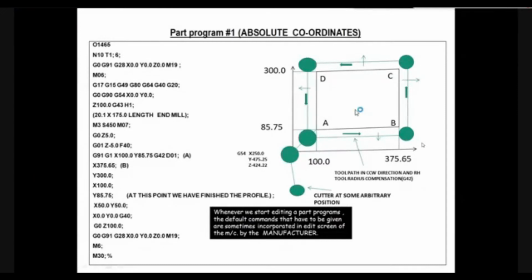For such conditions, when the tool is traveling from A to B, the cutter has to be shifted in the direction of the arrow shown here. That means this arrow represents the shift in the right-hand direction with reference to the tool path. When the tool is traveling in a counterclockwise direction, the tool has to be shifted towards its right side for maintaining ABCD, a shaft-like projection.